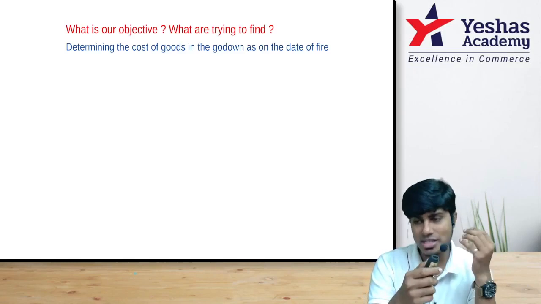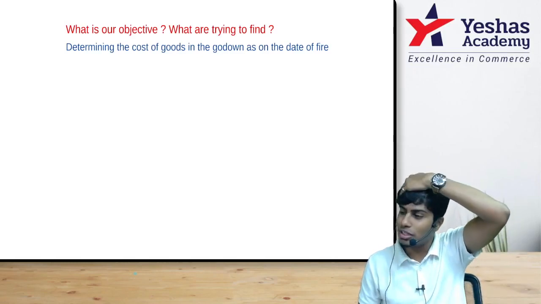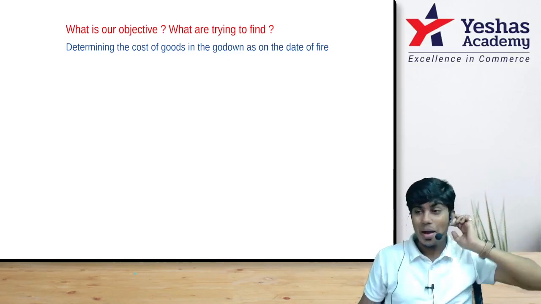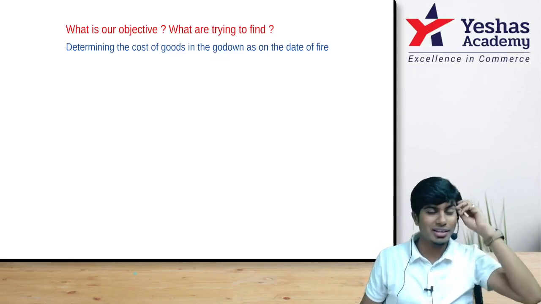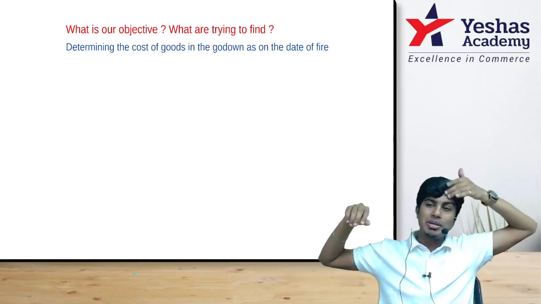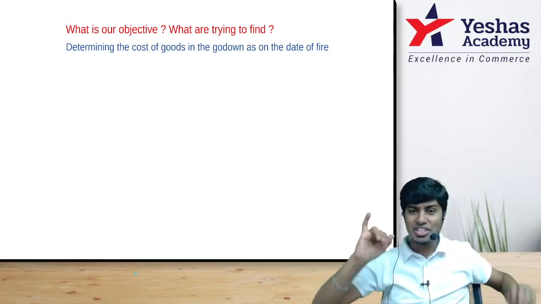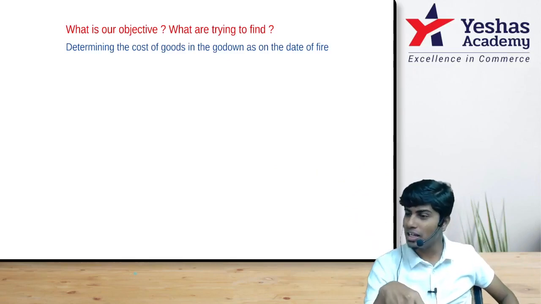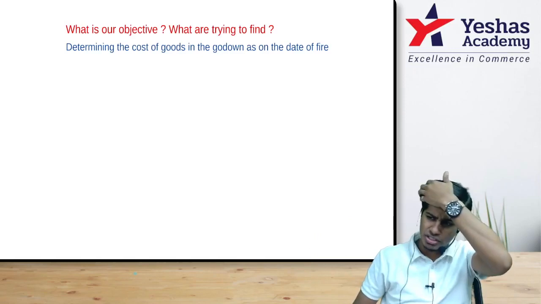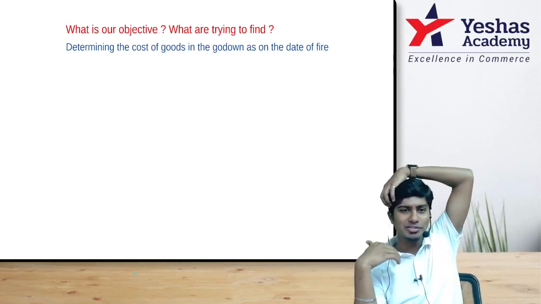Just to tell you, for instance, it might so happen that you have sold certain goods to a customer. You might have written the sales entry, but the customer has given the address and asked you to deliver the goods to his place. And he told he'll reimburse the transportation expense also and he left. So goods are sold yesterday. Consideration is received. Will you pass the journal entry? Yeah, invoice is also generated. Just delivery is pending. You will write the journal entry for sales. Am I right? When you write the journal entry for sales, in the trading account closing stock will decrease.